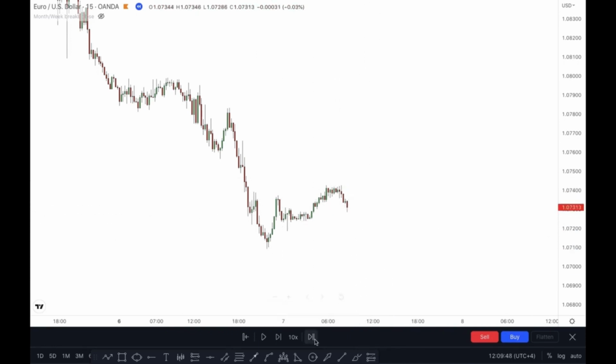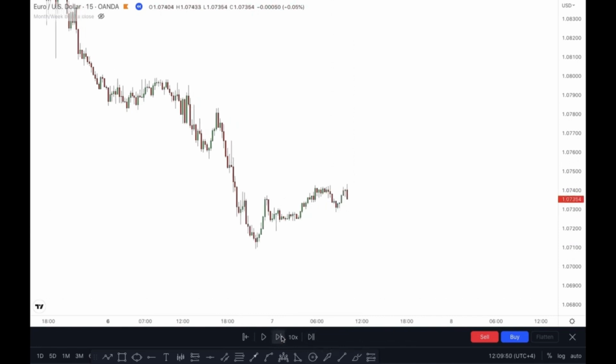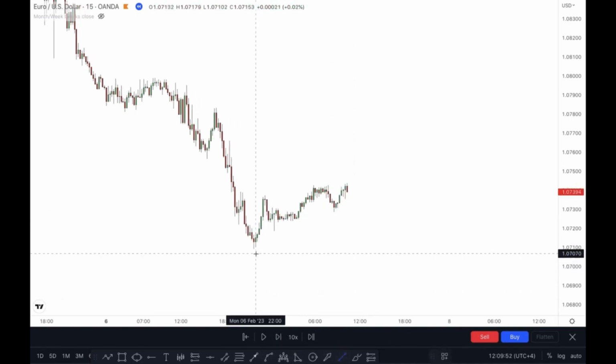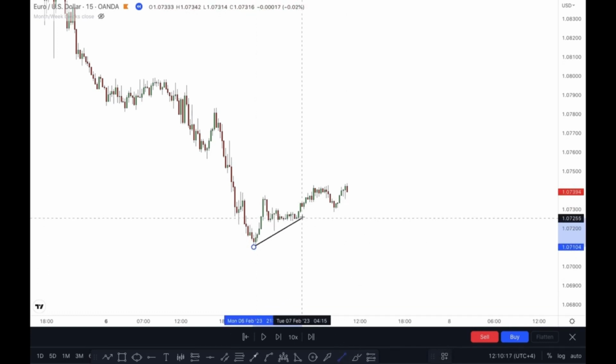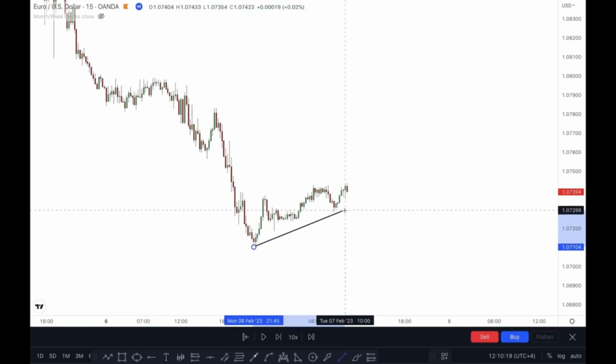So I saw this, I established my first point, my second point. This was my first point right here. This was my second point. Someone may ask me, why is this not your second point but this, right? That is why I said you also need to master market structure on different time frames. I'm looking at the pullback here, but I'm also looking at the market structure right here on the lower time